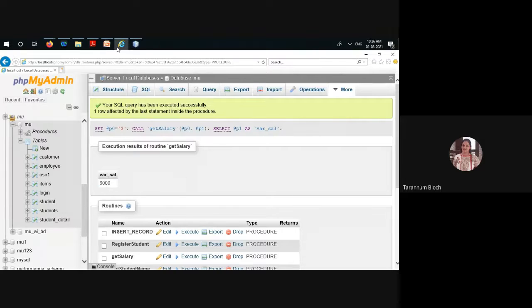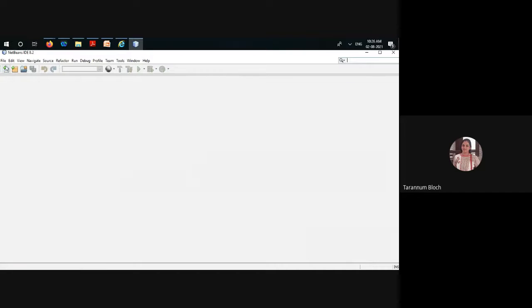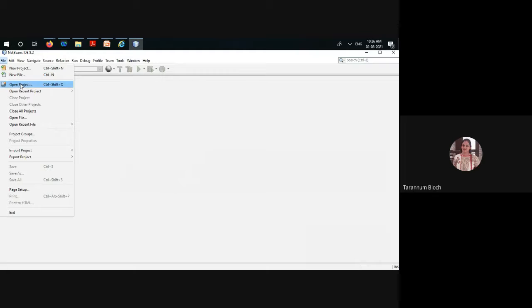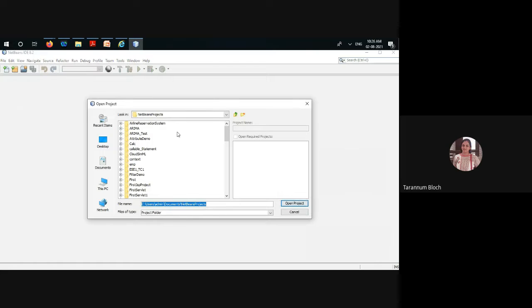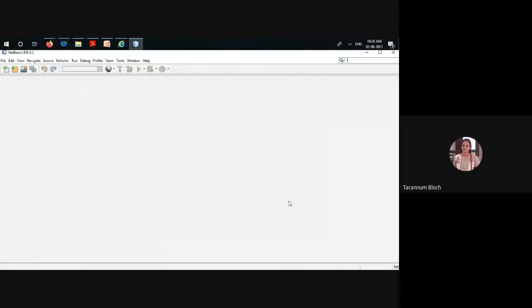Now this thing we want to do with the help of code, and if you want to do it with the help of code, actually what you want is to call a stored procedure. If we are working on the stored procedure, you have to call the method using callable statement interface. So you can see here we have created a project callable statement, and from here we will call a method.